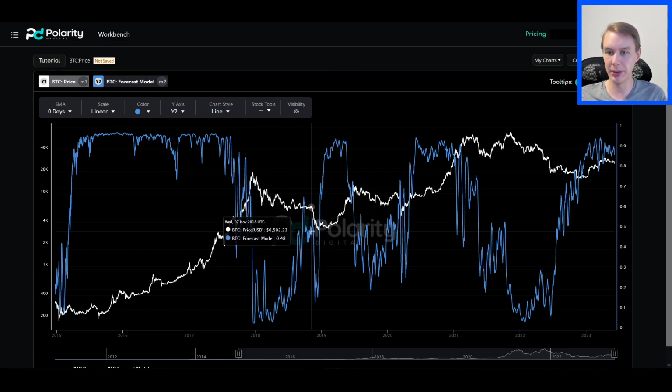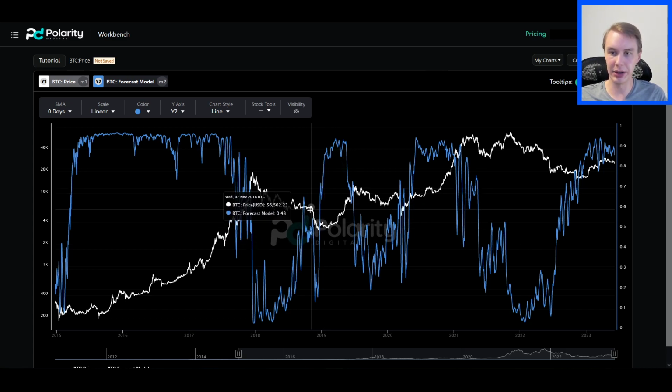The model's getting a little bit undecided. It was saying, well, the conditions could go either way. There's about a 50% chance, but not too optimistic quite yet. And then, of course, things fell out. Now, of course, not too long after, the market did reverse. And so even if you had bought in here, it would not have really been that bad of an investment, seeing how the market rebounded so strongly.